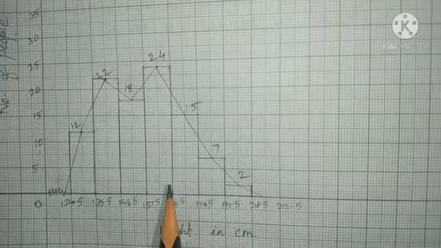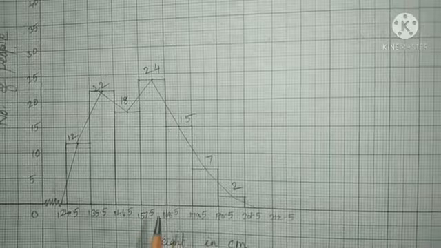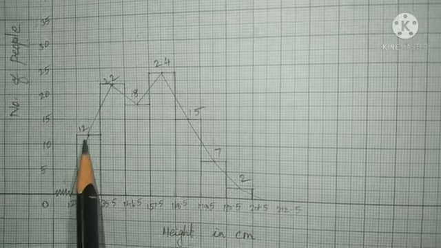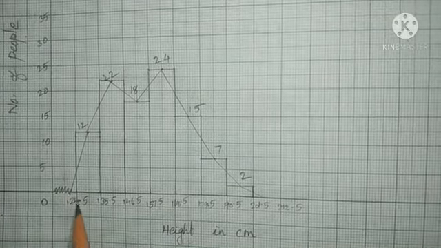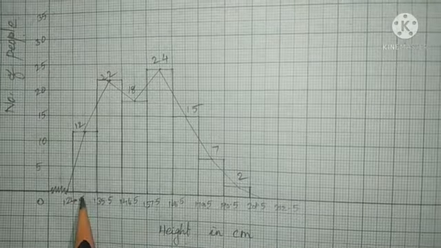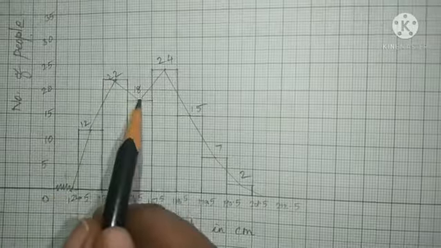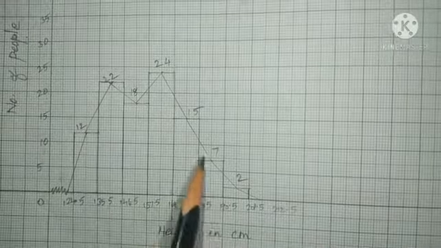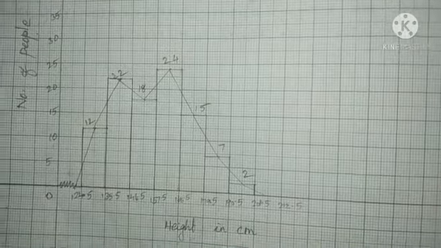After constructing the histogram, now we are going to construct the frequency polygon. The frequency polygon is a line graph. So, you have to join the midpoints of the class intervals, that is 124.5 to 135.5. For these two class intervals, the midpoint is this one. You have to mark the midpoints of all the rectangles and you have to join them using the scale. This is the frequency polygon for the given data.